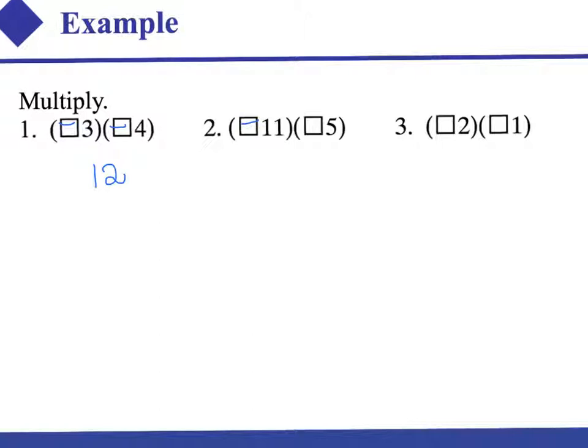Number 2 is negative 11 times negative 5. So 11 times 5 is 55, and then the 2 negatives make it positive, so our answer is just 55. And then problem number 3, we have negative 2 times negative 1. So 2 times 1 is simply just 2. And because we have 2 negative signs, which is an even amount,